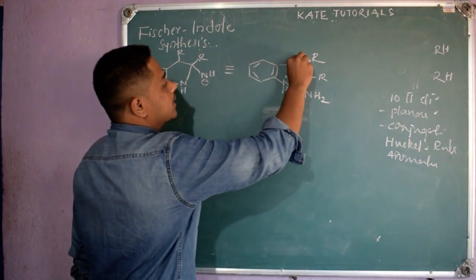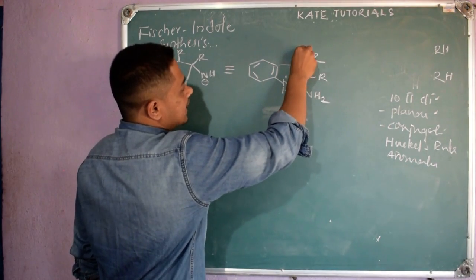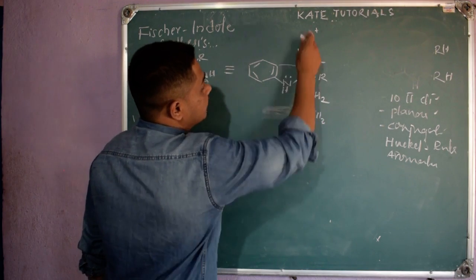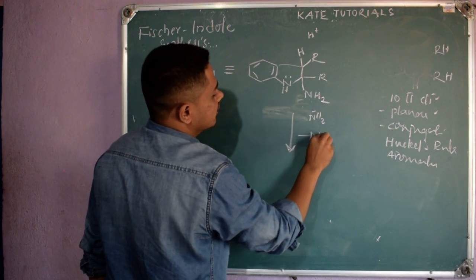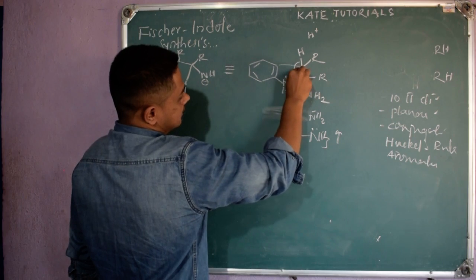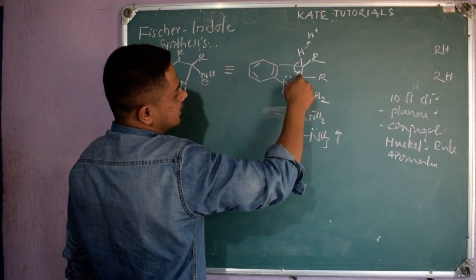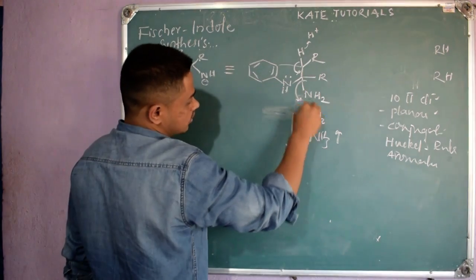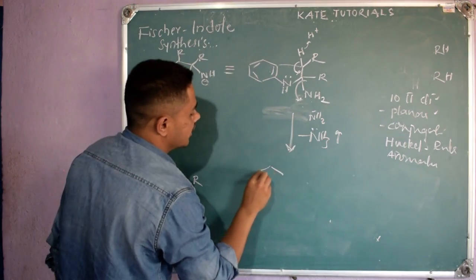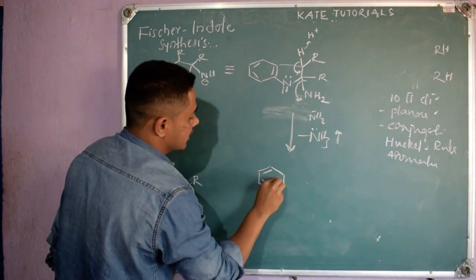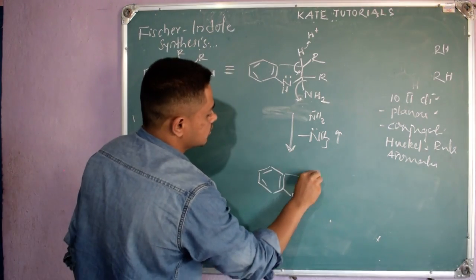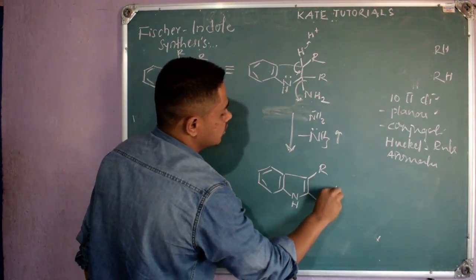So to make it aromatic, what happens? Here H is there, right? This H will go as H plus, this NH2 will go as NH2 minus, and both will combine, that is, loss of ammonia happens. See, this electron density comes here, so H will go as H plus, as I have written. So it will take this electron density with it and go as NH2 minus. So NH2 minus and H plus give ammonia, and we will get our indole. This is our indole, right? So nicely we got this indole. So there was a loss of ammonia.